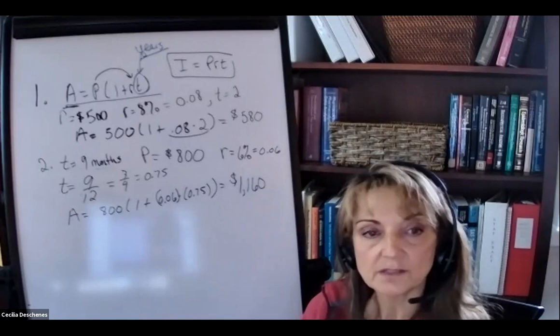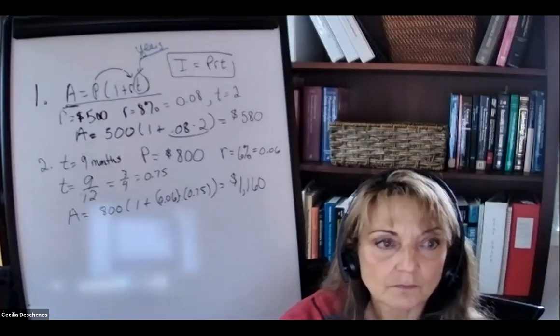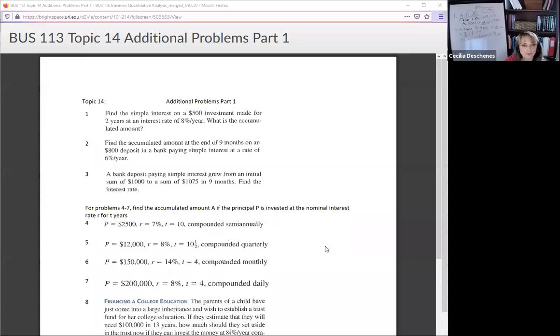Okay, so let's go on to part number 3, which says, and I'm going to be reading this while I'm writing what I'm reading: a bank deposit paying simple interest grew from an initial amount of $1,000 to a sum of $1,075. So the amount at the end was 1,075